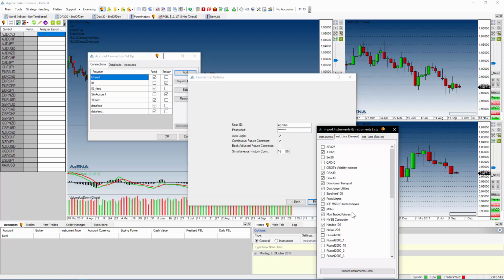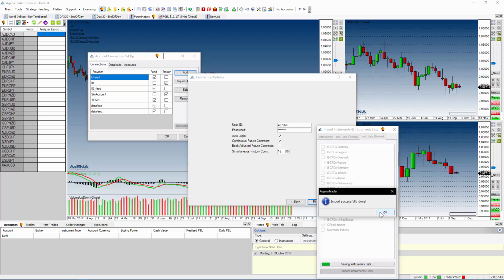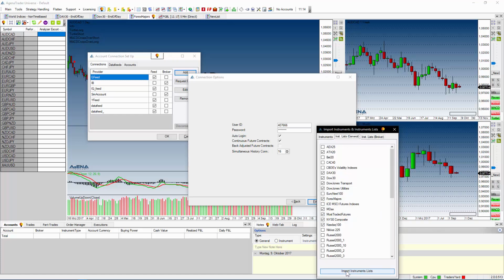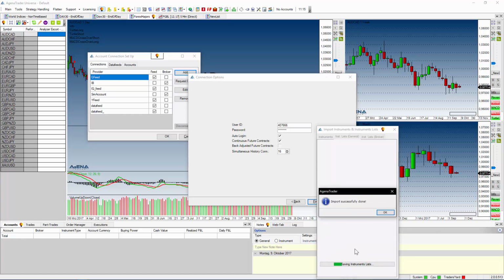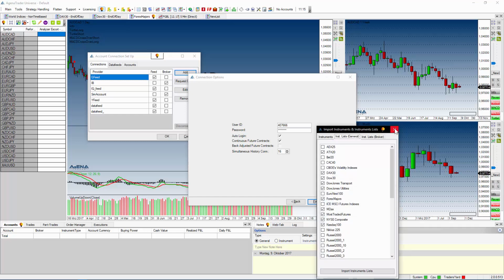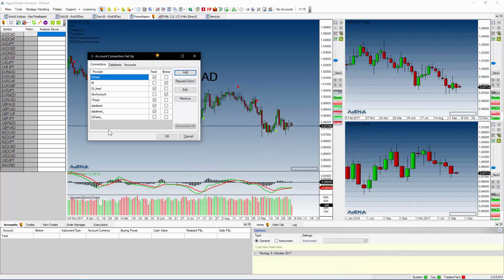And as you can see, we have all the common ones inside, like the S&P 500. We even have this S&P 500 divided in 5 lists, the Nasdaq 100, the Forex majors, the Dow 30, and so on. In the third tab, the instrument list broker specific, you can now also import instrument lists which were created by brokers or data feeds. With a click on the import button, it downloads and saves them. With another click of OK, you finish the setup.